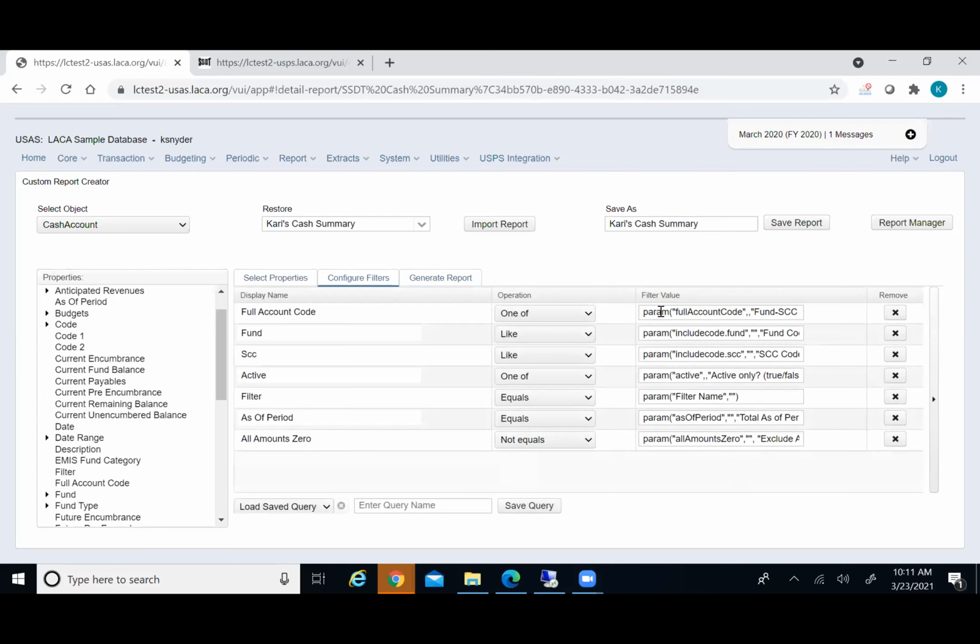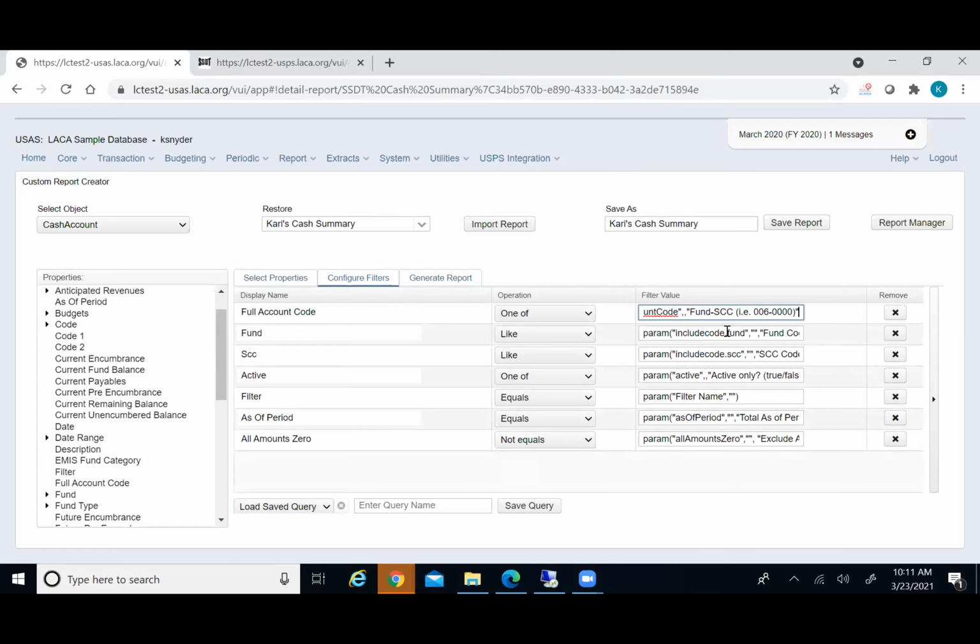Over here on the right, I have filter values that start with the word parameter. These are parameters that the user can type in on the fly as they're running the report. Right now I have a parameter for my full account code, which says fund SCC because it's the full cash account code, and for example,